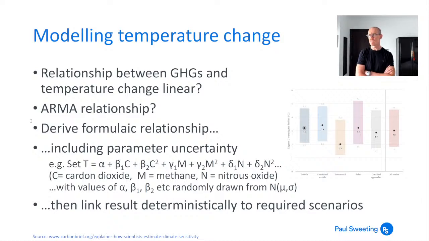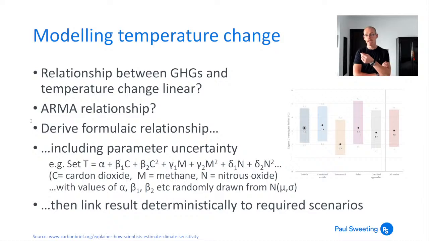So if you reached a particular level of CO2 and then it just stopped, I wouldn't have thought the temperature increase would also just stop. It will carry on for a while and then stabilise. So there would potentially be some lag and potentially some sort of autoregressive process carrying on. So it would be interesting to see whether there's that sort of relationship which could be shown from historical data, or could certainly be modelled going forward.